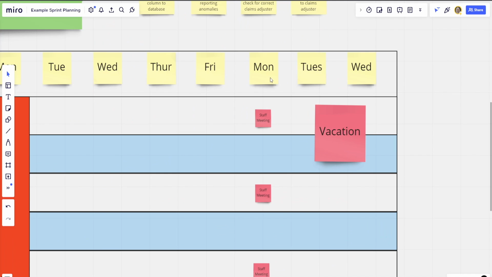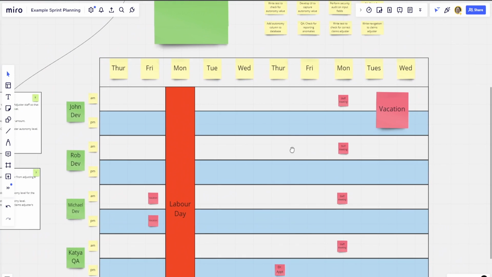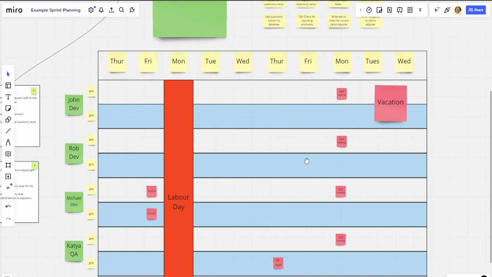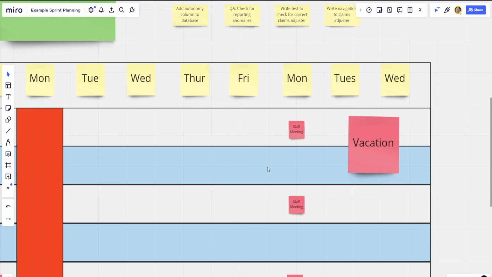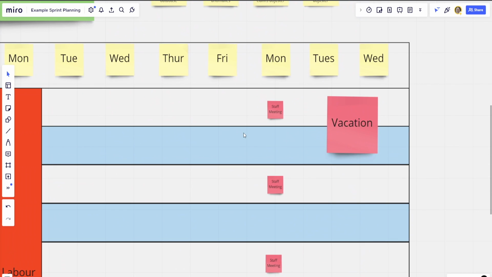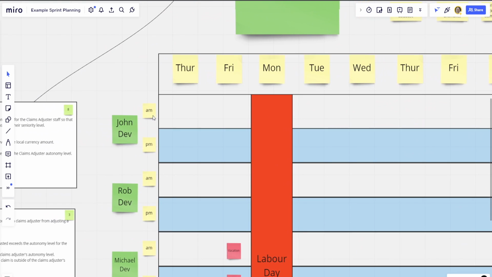Okay, so what I added here is a staff meeting. So this Monday morning, there is a staff meeting. I'm just double checking, make sure everything's good on the calendar. It is. Okay, so we know that it's going to be hard to work on work during the staff meeting. Perhaps it does take up that amount of time during the day. The reason why I split this into AM and PM, because typically